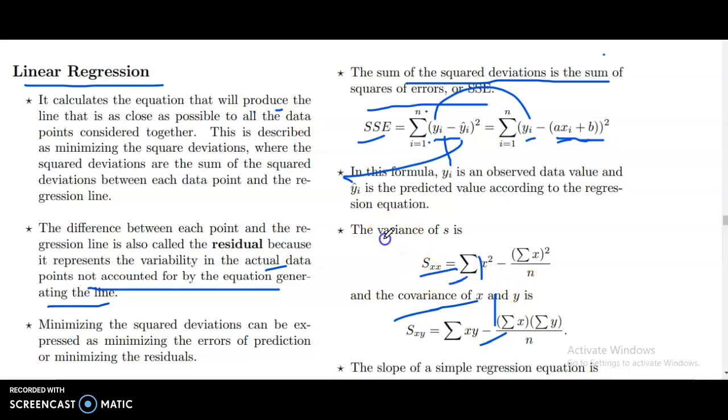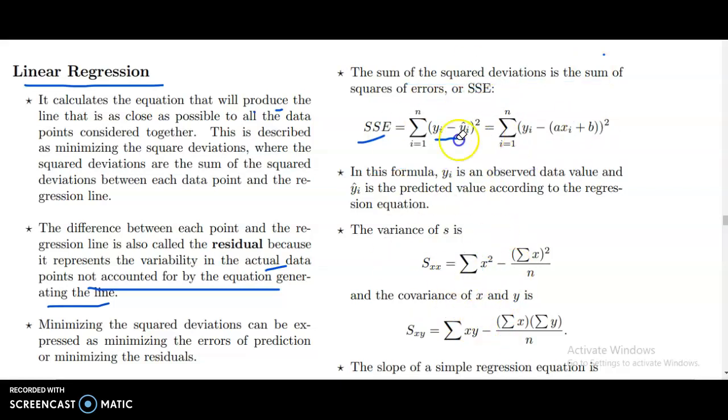The variance of x, SXX, equals the summation of x square minus (summation of x) whole square divided by n, and the covariance of x and y is